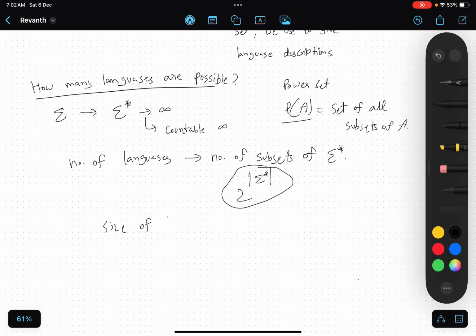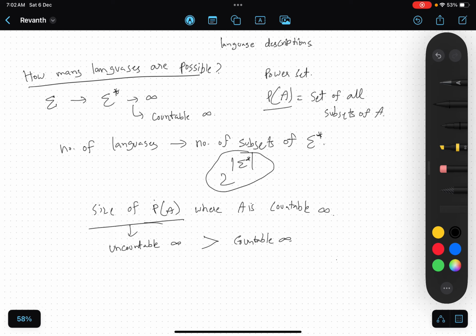Okay, so we have another result: the size of the power set of A, where A is countable infinite, will become an uncountable infinite, which is strictly greater than countable infinite.